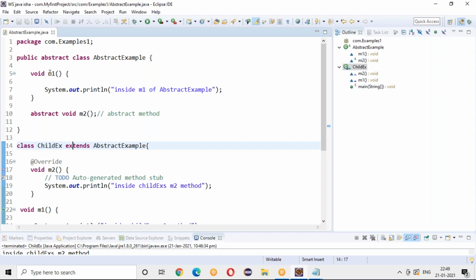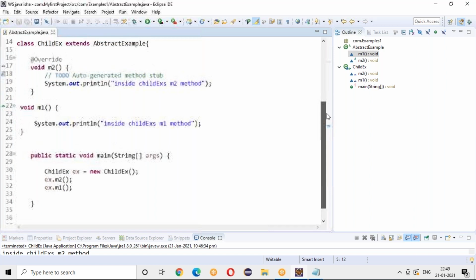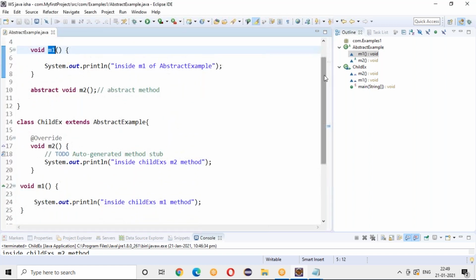So here you are taking this M1 method and you are trying to do the overriding of your M1 method. When you are trying to do the overriding of a method, the method will have the same name and the same signature. That is sure, right? Then what about the accessibility? Should I have the same accessibility, or can I increase or reduce the accessibility? What I'm talking about is the access specifier.